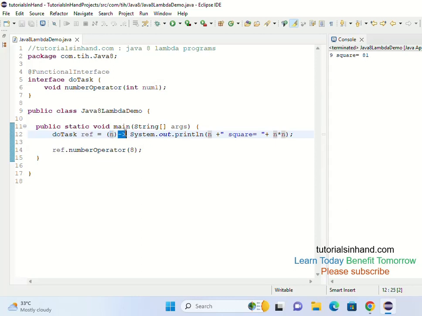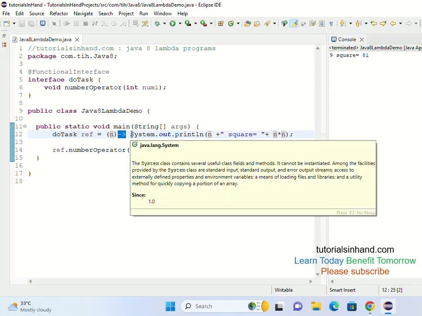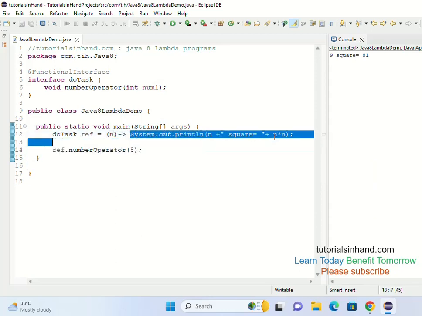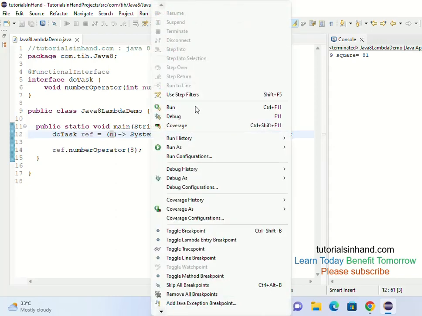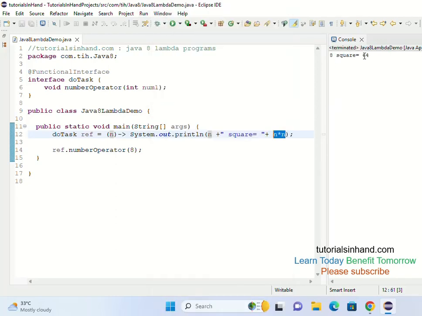This arrow sign indicates that the lambda expression body is going to start, and this is the body where the value that you have passed is being operated upon and is doing some logical task. Here the logical task is printing the square of the number. So here you are just printing the square of a number, and if you run it now, you will get 8 square is equals to 64. See how easily it is getting done now, right?